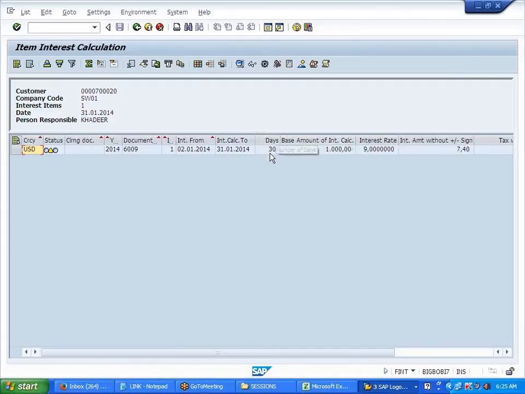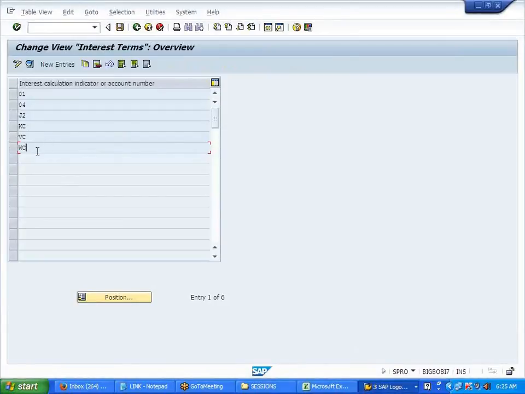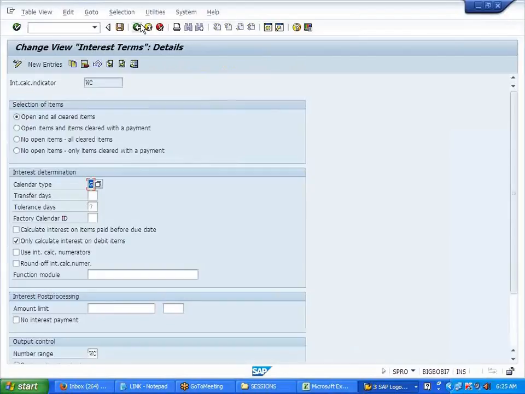Interest from 02, from the next day, because 01 was my invoicing date. 31 means 30 days, because this month consists of 30 days. Now what's this? It has taken 9% interest. I'll go here, I just want to show you.